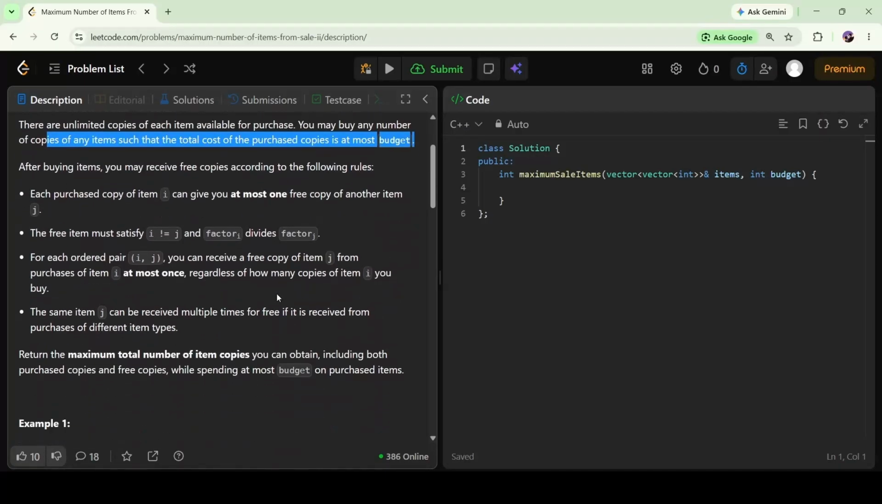Now, for buying items, we may receive free copies according to the following rules. If we purchase a copy of the ith item, we can get at most one free copy of another item j. Now, what are the conditions? i should not be equal to j, and factor i divides factor j. And for each ordered pair (i, j), you can receive a free copy of j from the purchase of item i